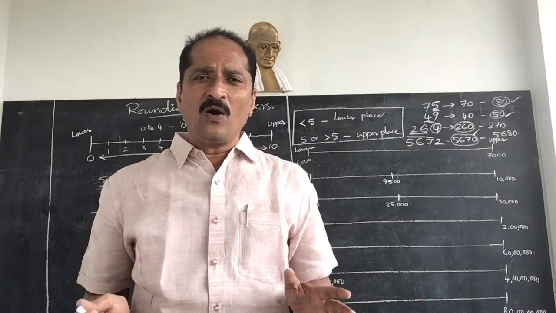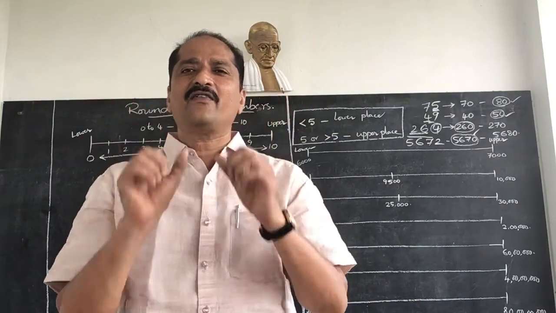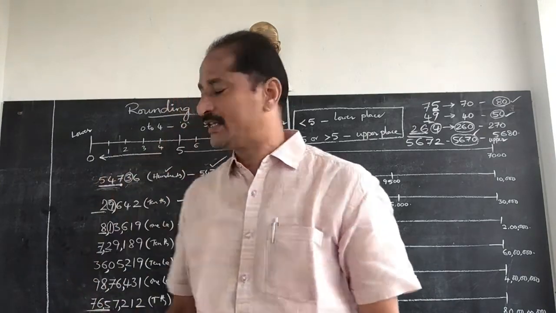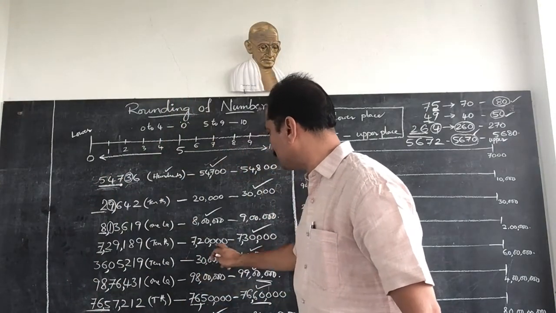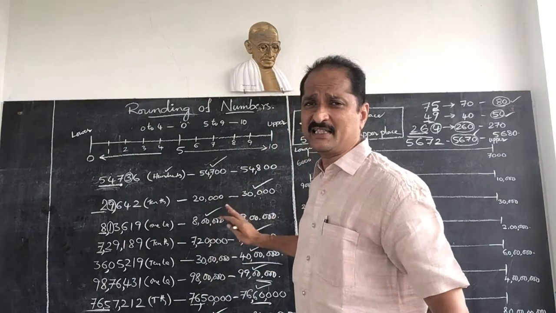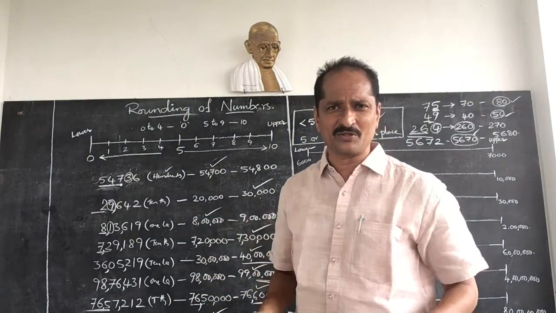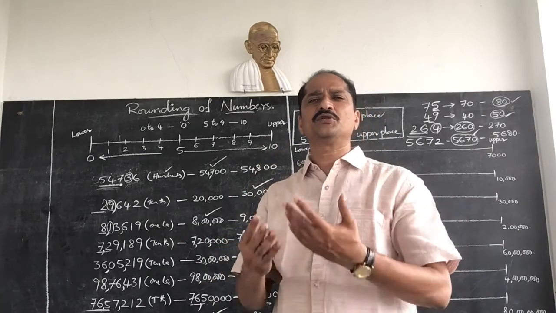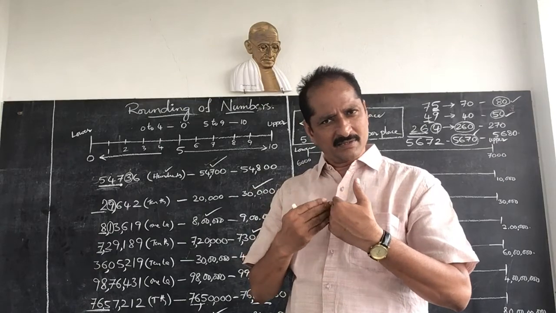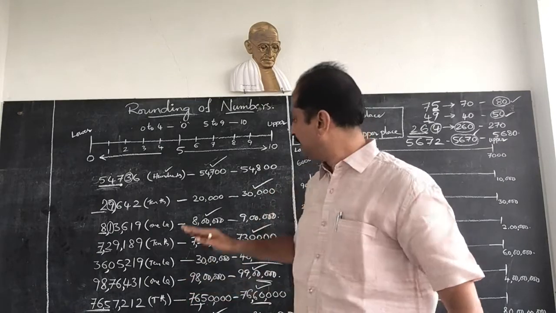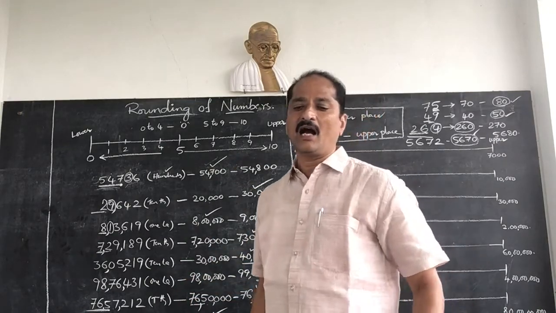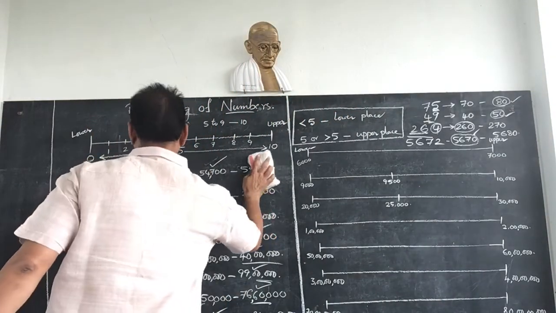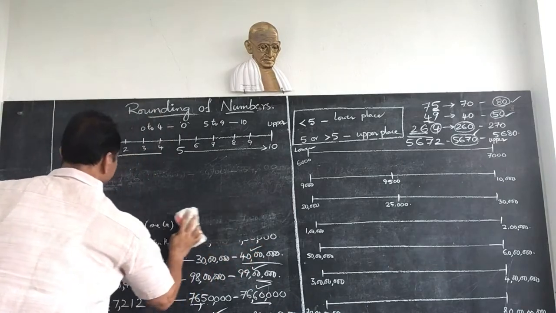Understood? Now, the easiest way of finding the solutions without finding in between which two places: which two 10 lakhs, which two 10 crores, which two hundreds, which two thousands. Instead of finding that way, write directly. How can you write directly? That we can see now. Observe carefully everybody. Very easy one.